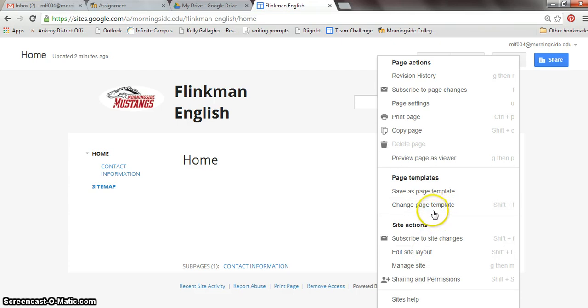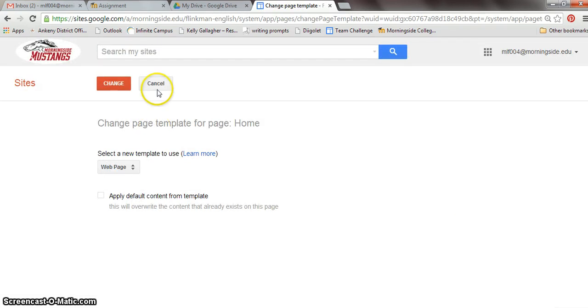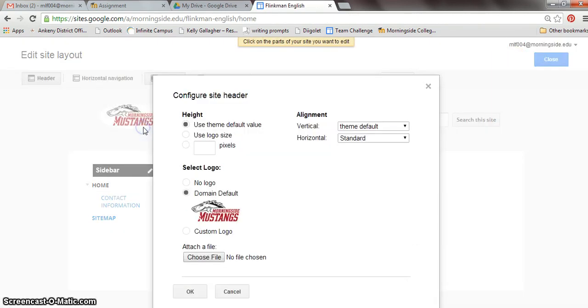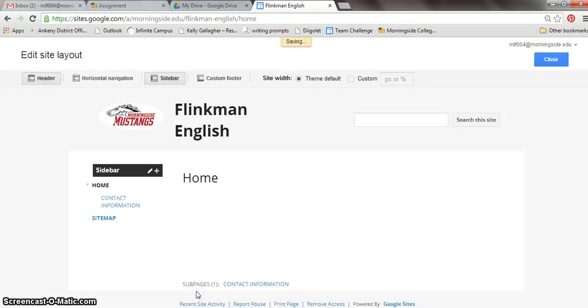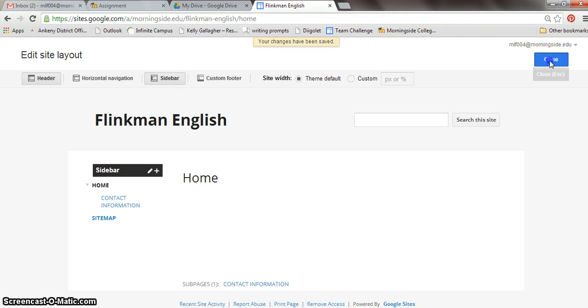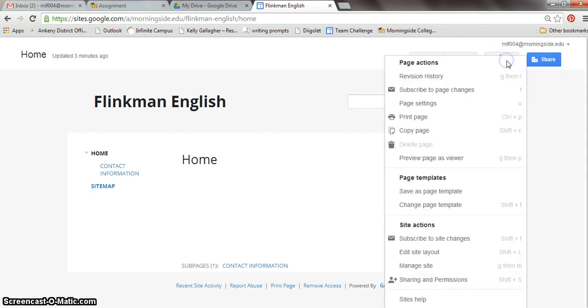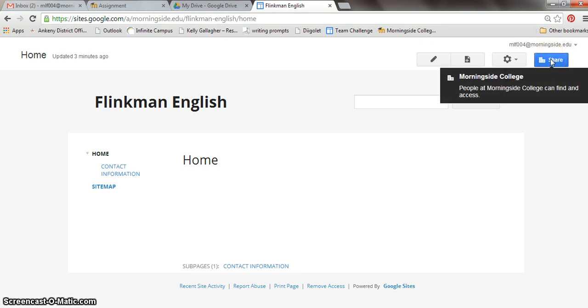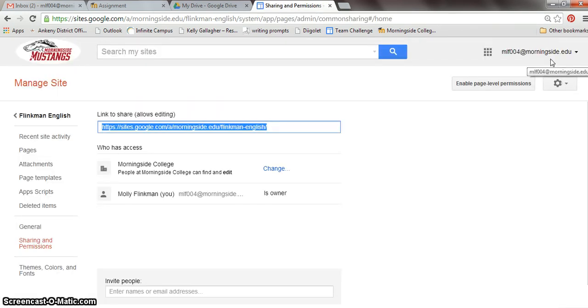I could, for instance, oh no, that's not it. If I didn't want this picture, for instance, I could change it, or I could simply take it away. So you have all of these options present for you here, but it's really as simple as adding pages and editing pages as needed. And then you go to share, and then what you need to make sure you do